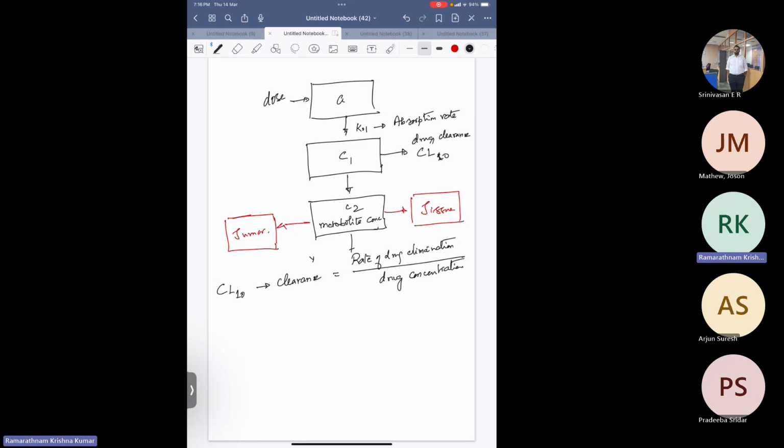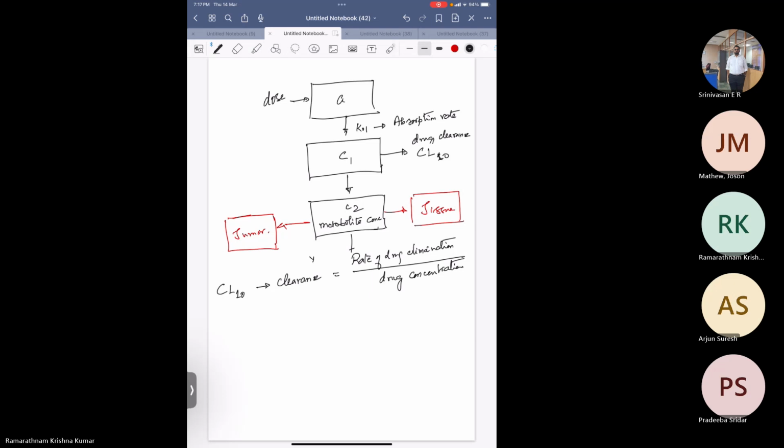So this is the ratio which is used in pharmacology, clearance ratio or clearance. This is proportional to, so the rate of drug elimination is equal to CL times drug concentration. Is that clear? So we are looking at all of them being first order, which we had defined before. Right. So then we also have what is called